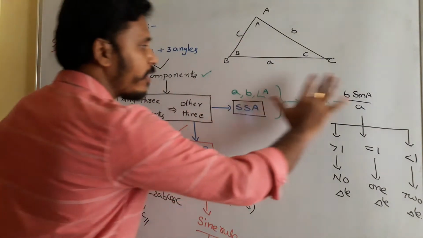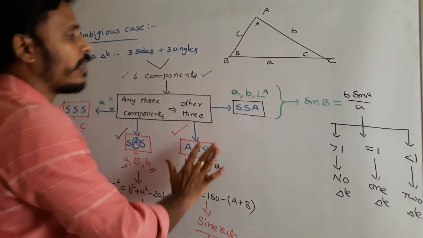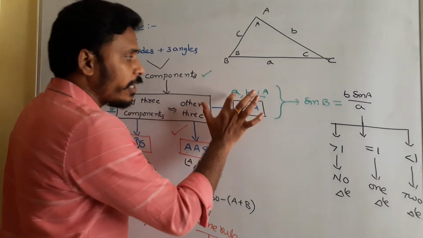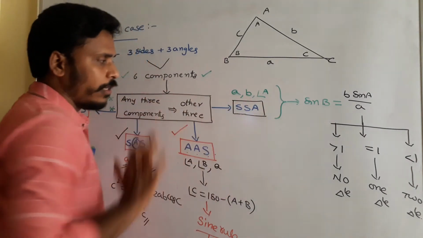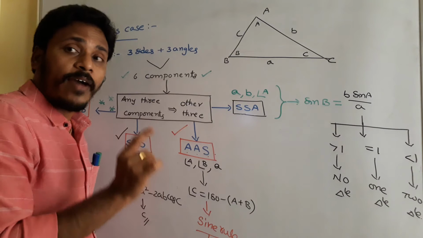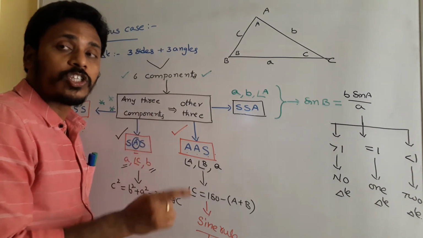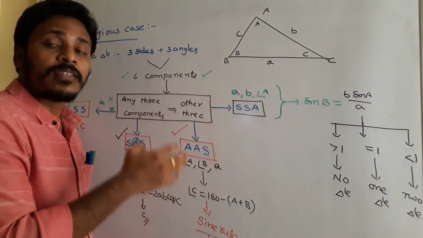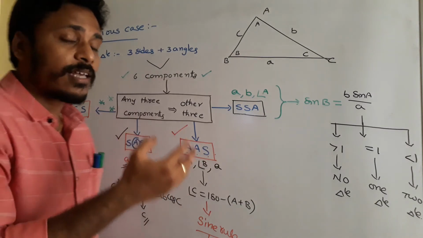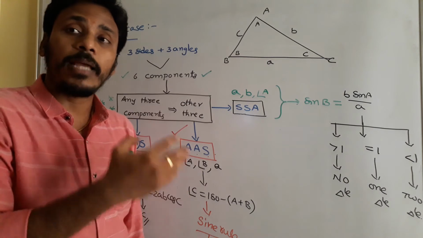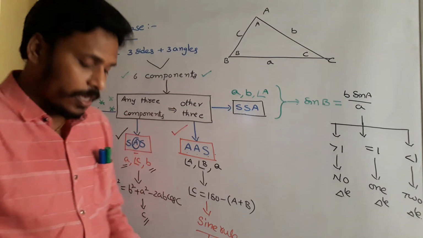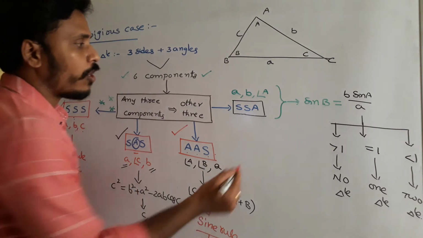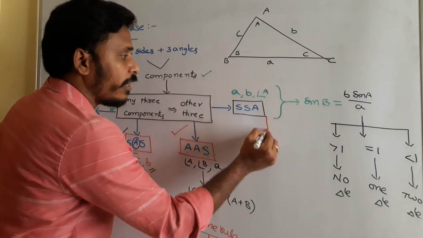Okay. So this is the only ambiguous case, and all the remaining three cases are just cosine rule and sine rule. Here is the problem. If you have two sides and one angle which is not included, then we have three different possibilities. Sometimes we may get one triangle, sometimes we don't get a triangle, sometimes there are two possible triangles. In this case, again we can analyze it by using cosine rule also.